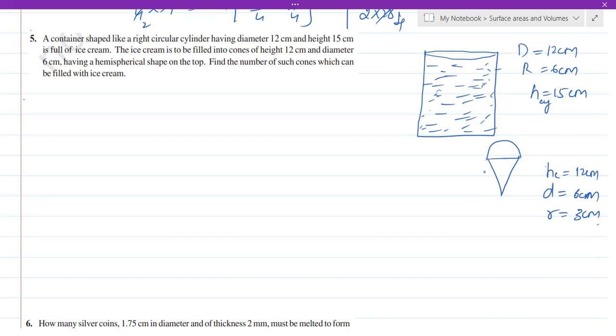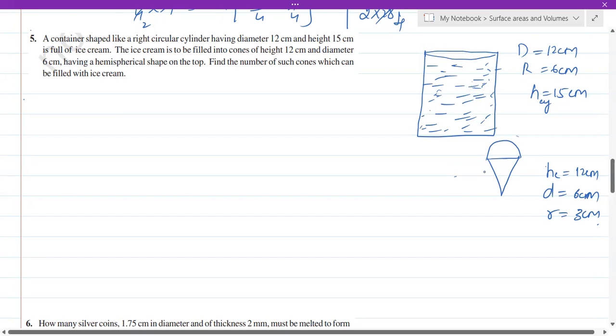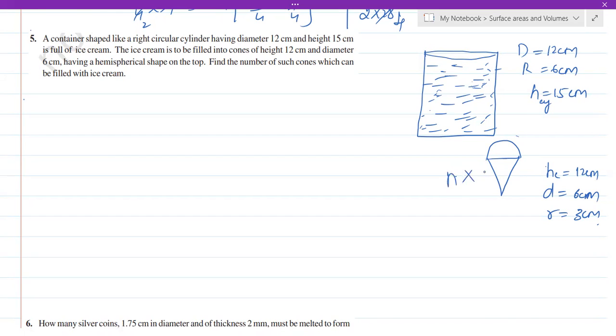The question is, how many cone ice creams can you fill? Actually, there are n number of cone ice creams. We have to find how many it is. That is the question. Find the number of such cones which can be filled with the ice cream. Now, whatever the ice cream is inside the cylinder, the volume of it is actually equal to the volume of the cylinder, isn't it? So volume of cylinder is equal to, we are filling it in the shape of cone plus hemisphere, isn't it? So volume of